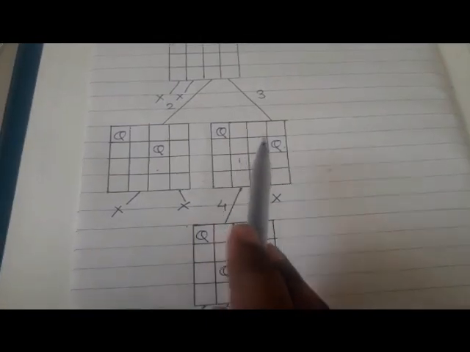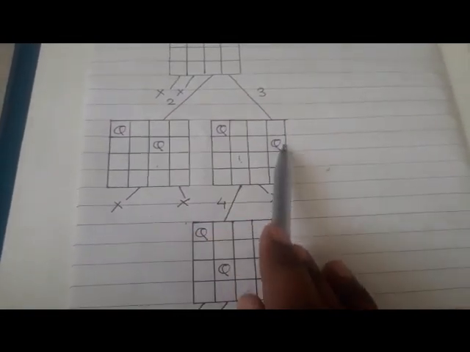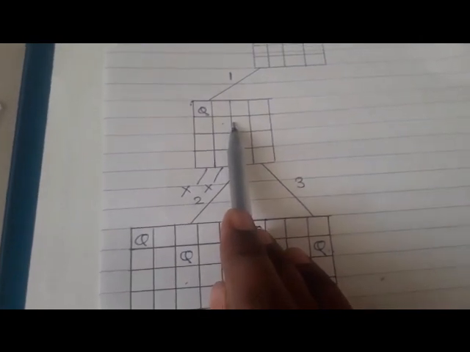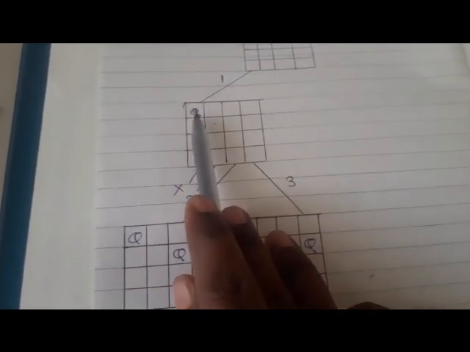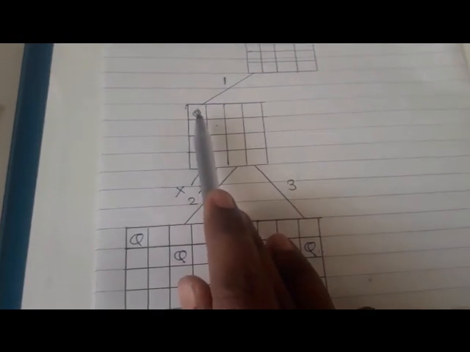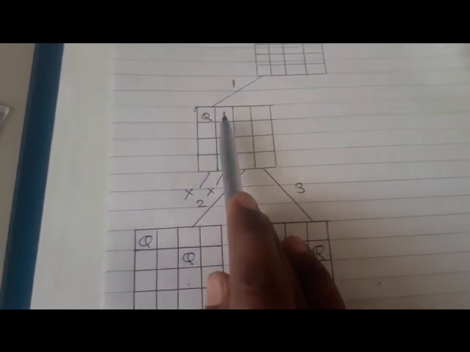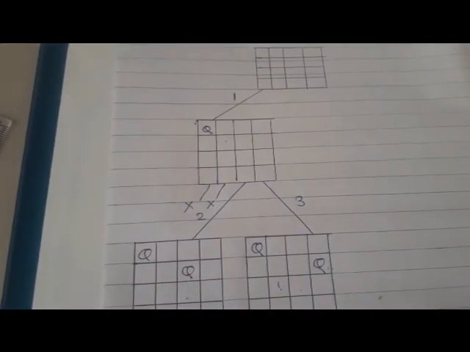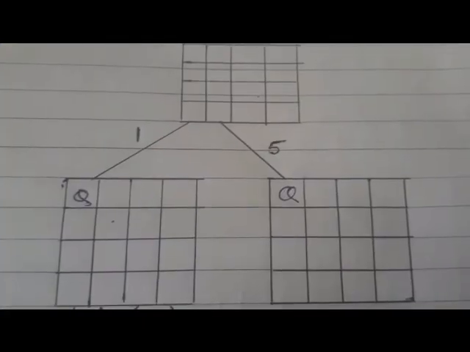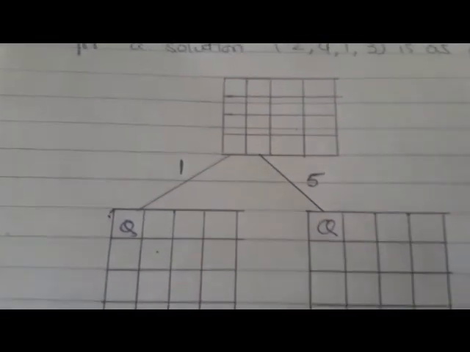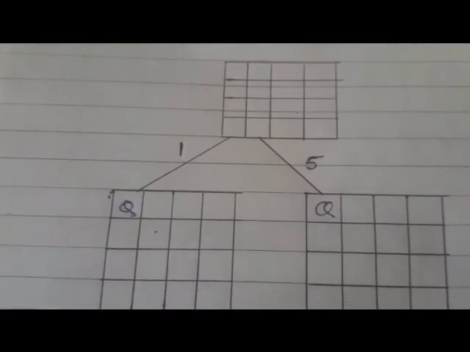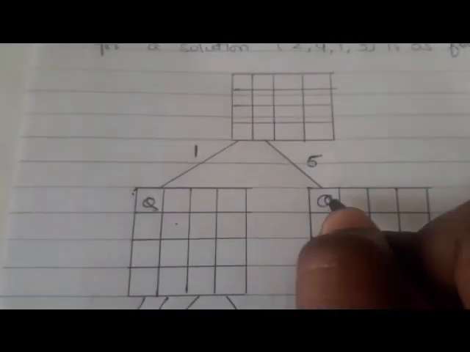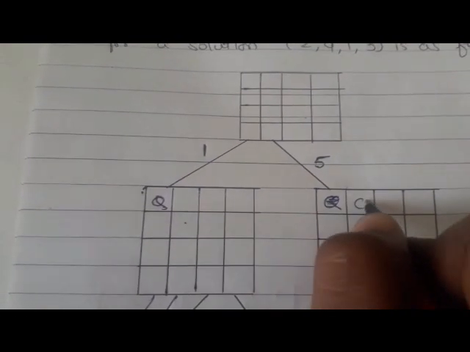Already we completed this; the second queen is placed at the fourth position, so therefore we again backtrack to the first row, where we have to backtrack here. Now we have to move this first queen to the second column. So we will see that. Now the first queen is placed at first row, second column.